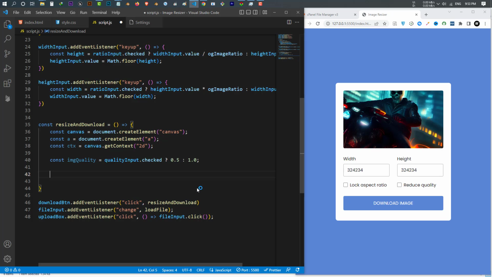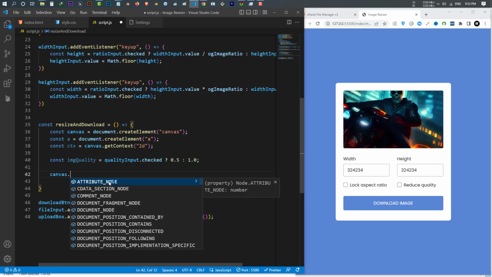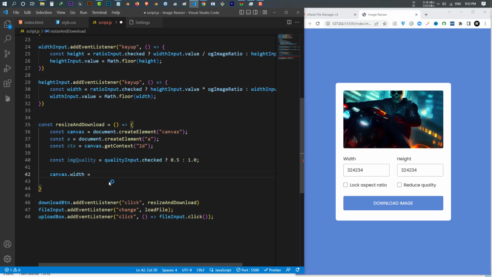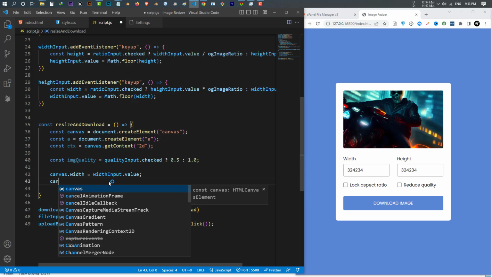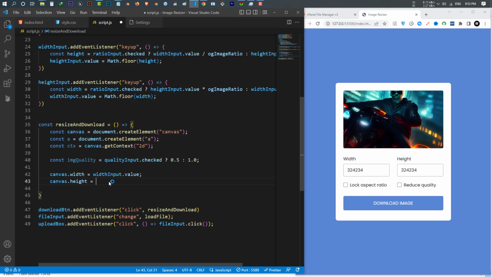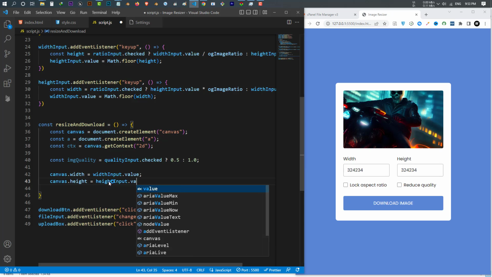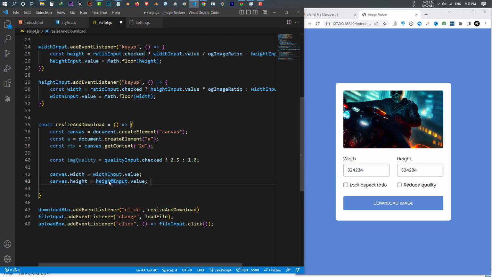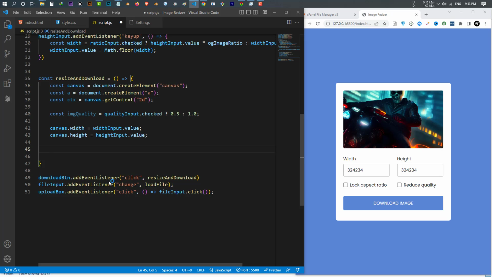Okay, after that I want to set the canvas height and width according to the input values. How can you do that? I select my canvas width. The width of this canvas is equal to the width input value. So easy, right? And canvas height is equal to the height input dot value. That's really easy. And after that I want to draw the